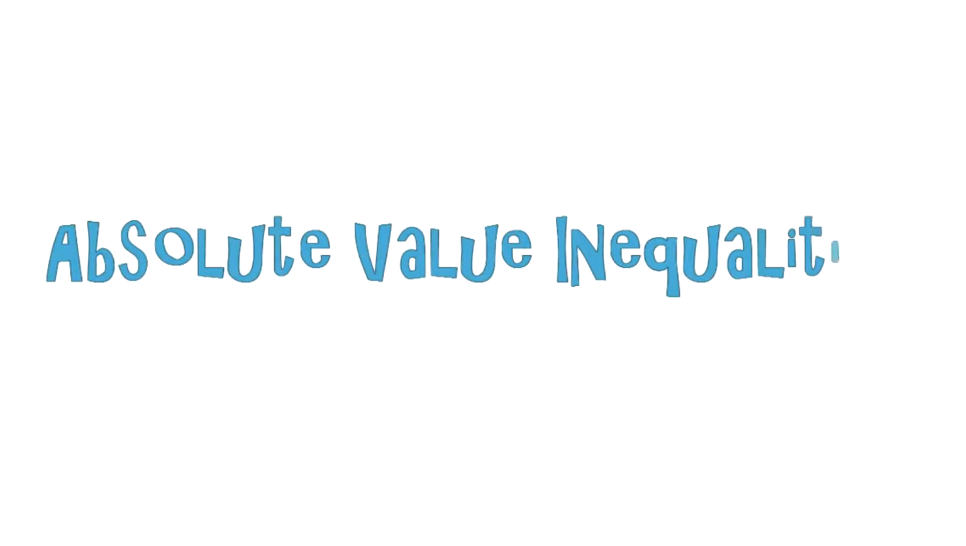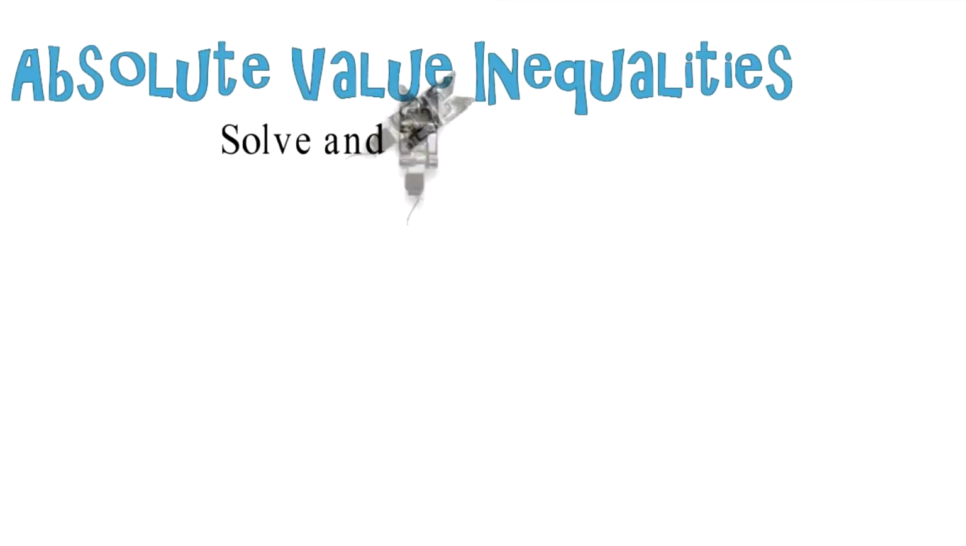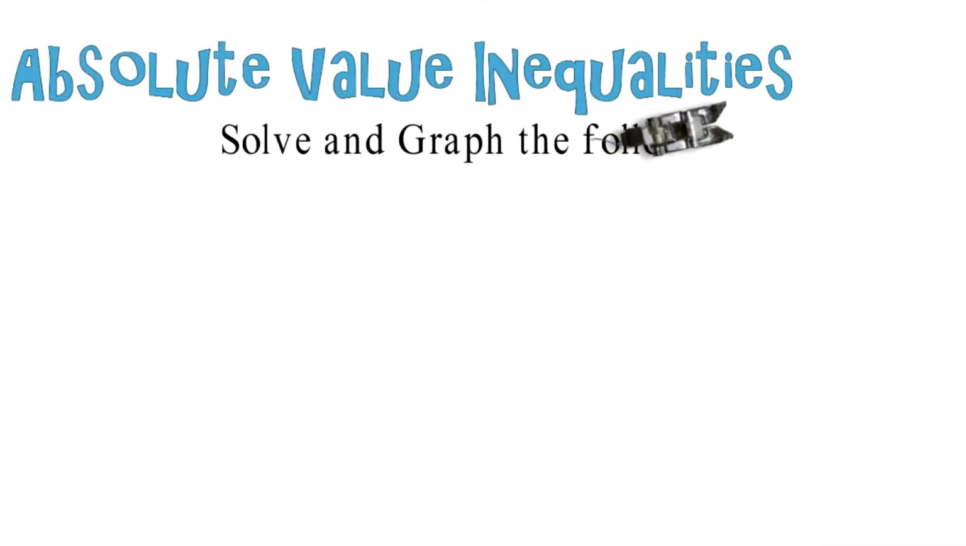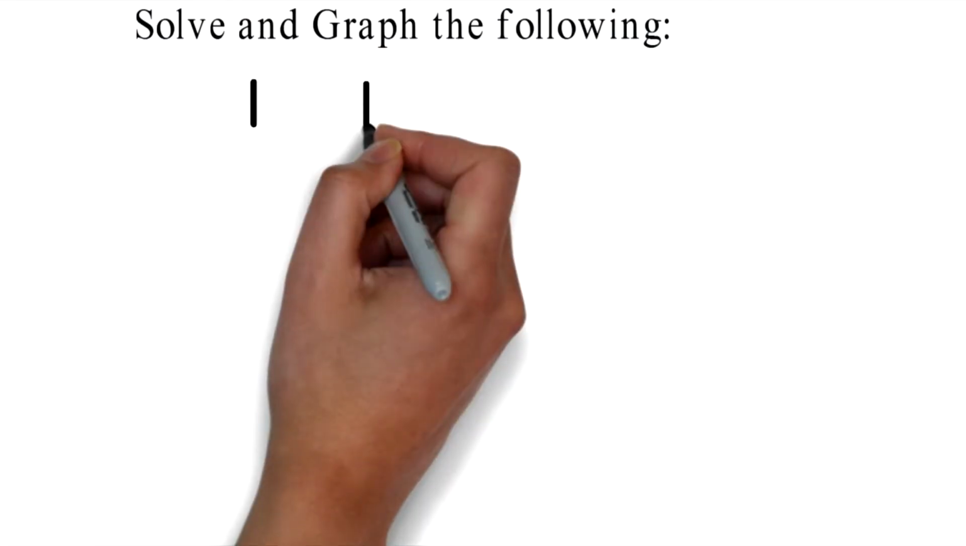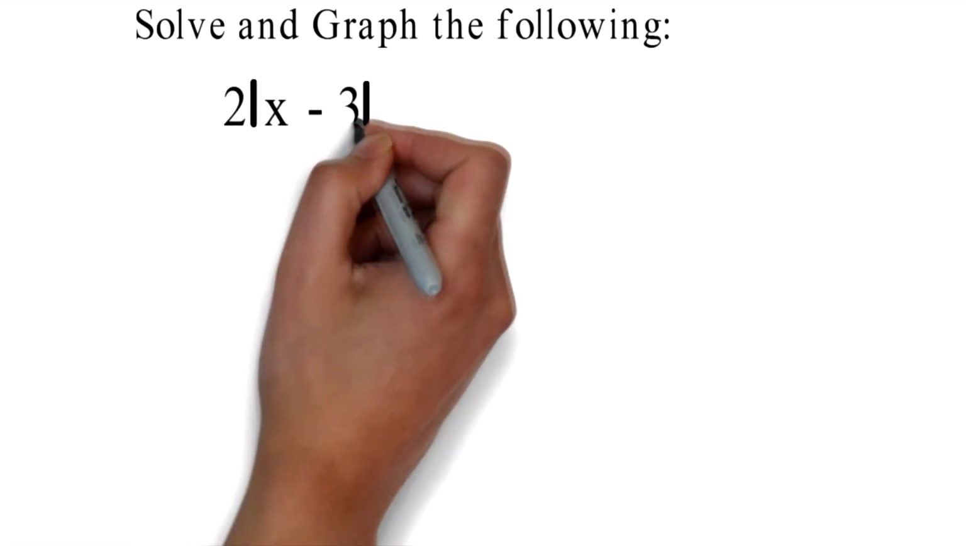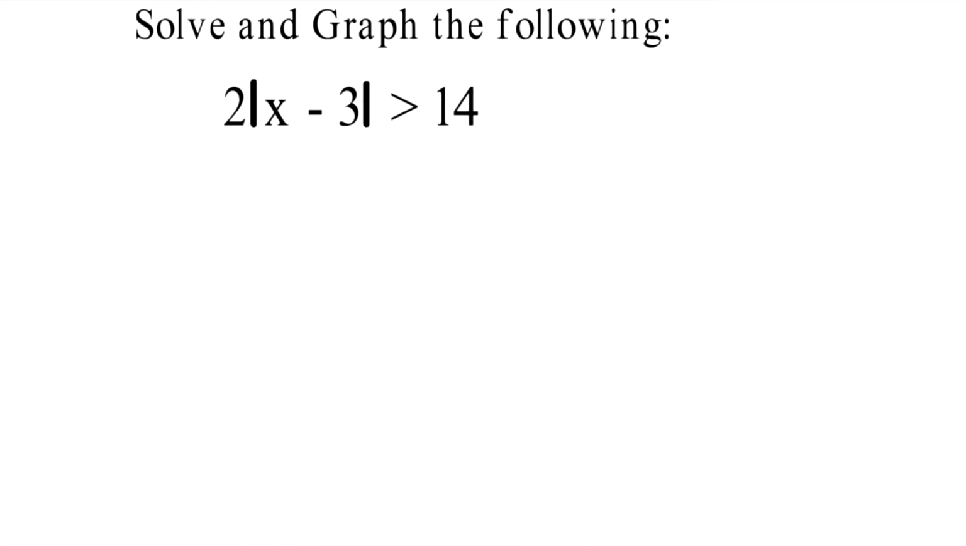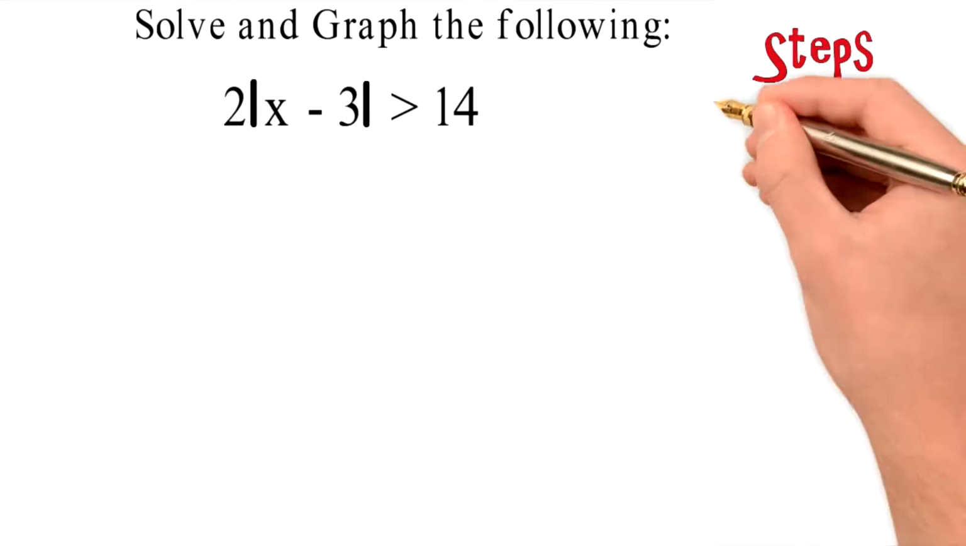Absolute value inequalities. Solve and graph the following inequality. You are given 2 times the absolute value of x minus 3 is greater than 14. Here are some steps to help you solve this inequality. First off,